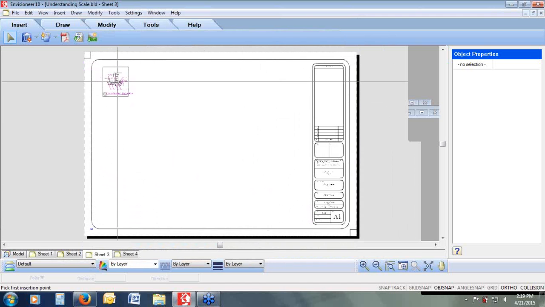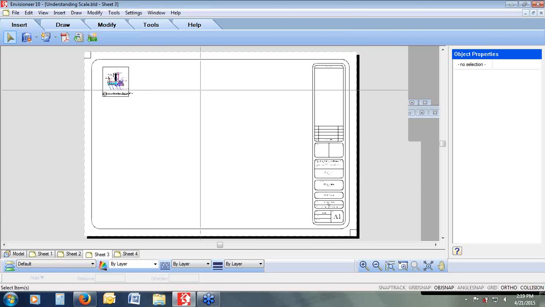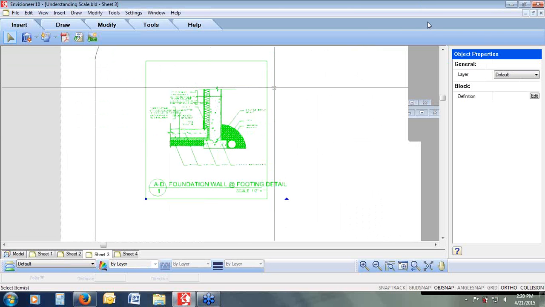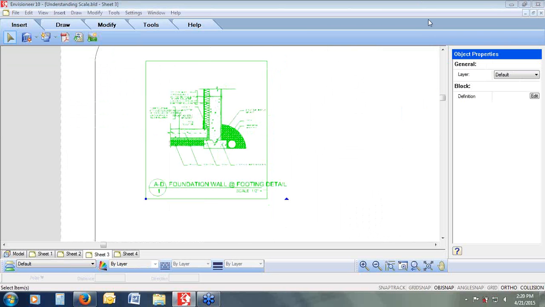And a copy of that detail attaches itself to my cursor, and it's inserted. And now I can see the detail. What if I wanted to change the scale of the detail? What if I wanted to scale it up or down? Well, we can edit the block's definition and scale it up, or once I've got it selected here, I can